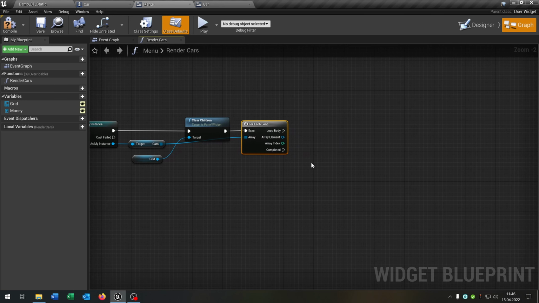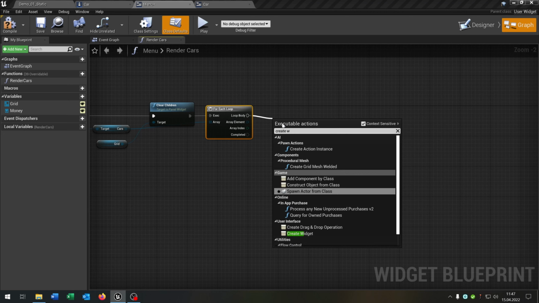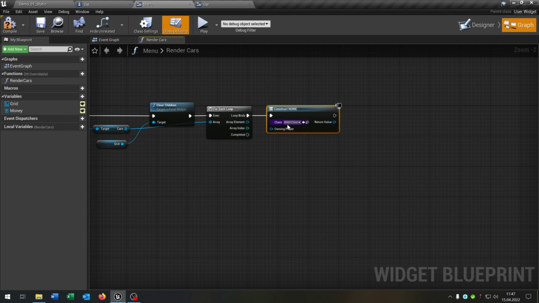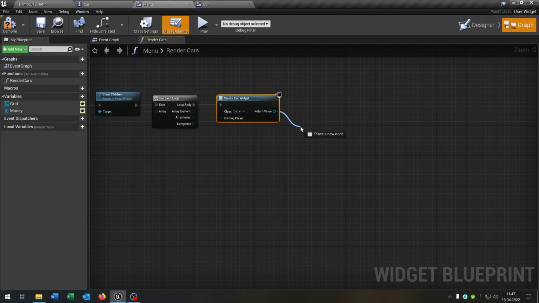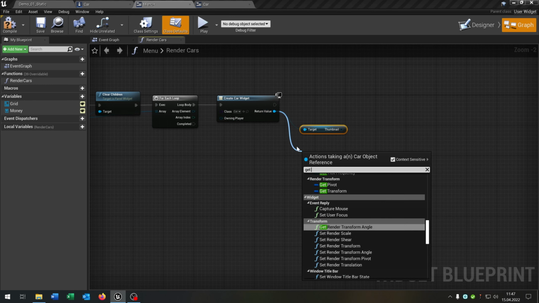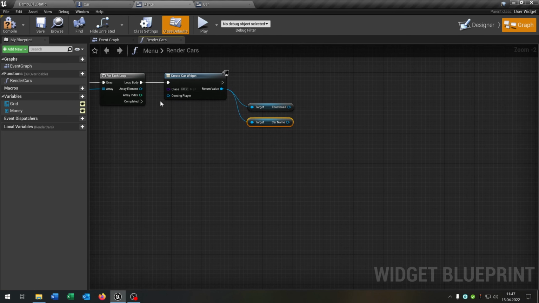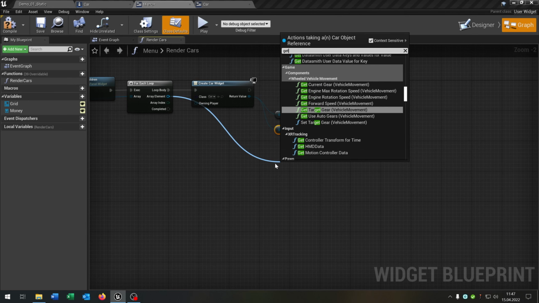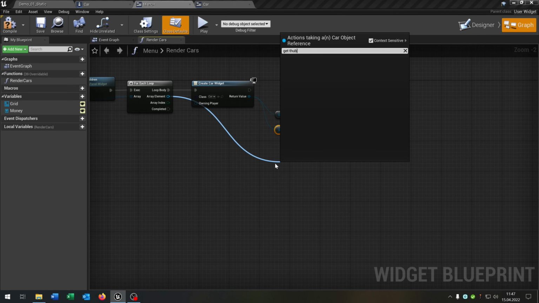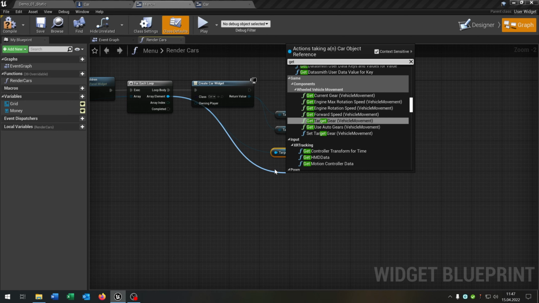like that. And now we want to set a few things. So the first thing is we go from here, say create widget, and we select our car widget that we created. And now we get the thumbnail. Of course, we get the car name. And the good part is we go from the array element and get the thumbnail as well. Of course, as well, we get the name